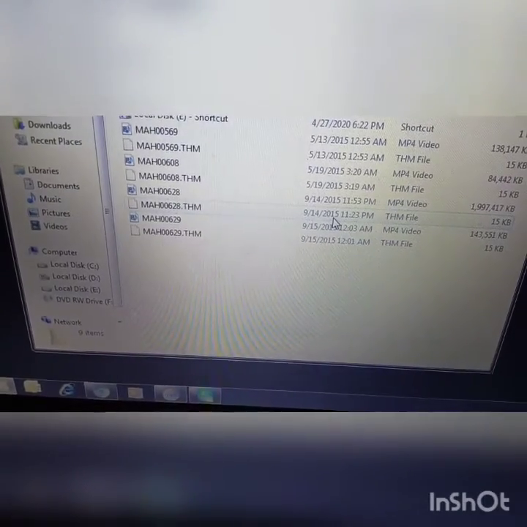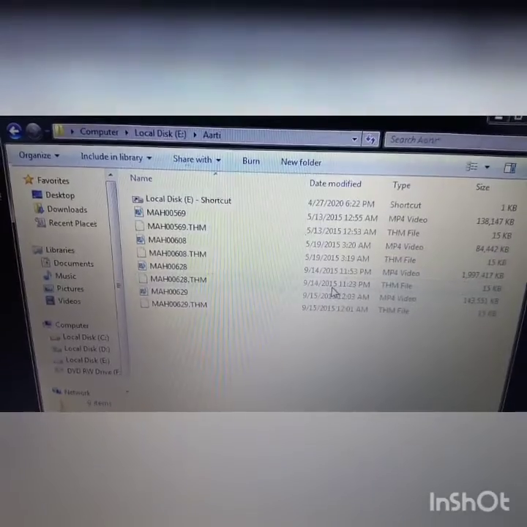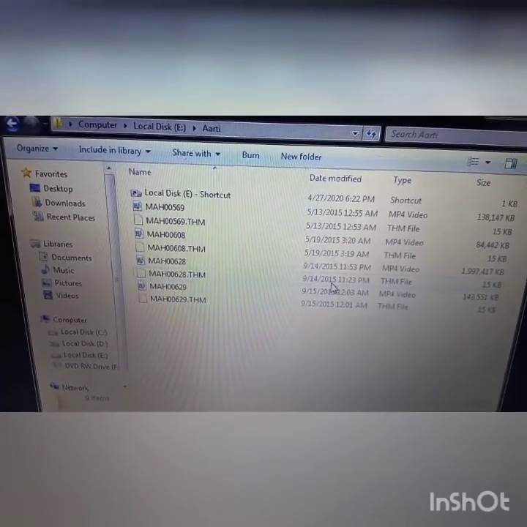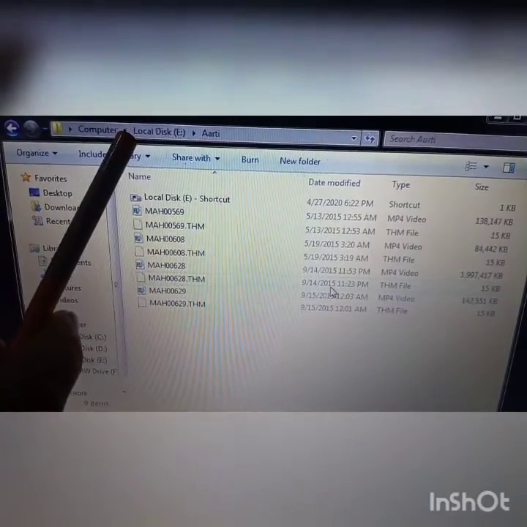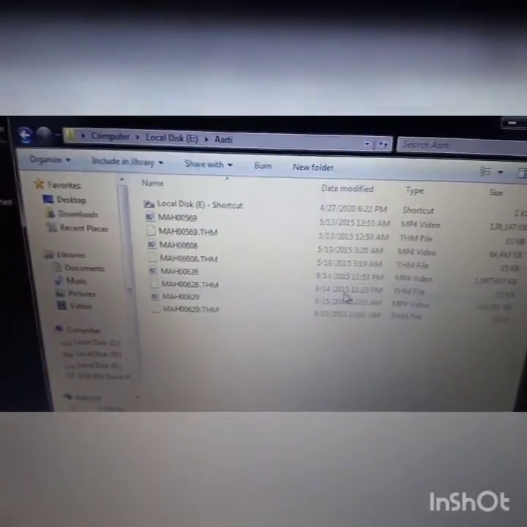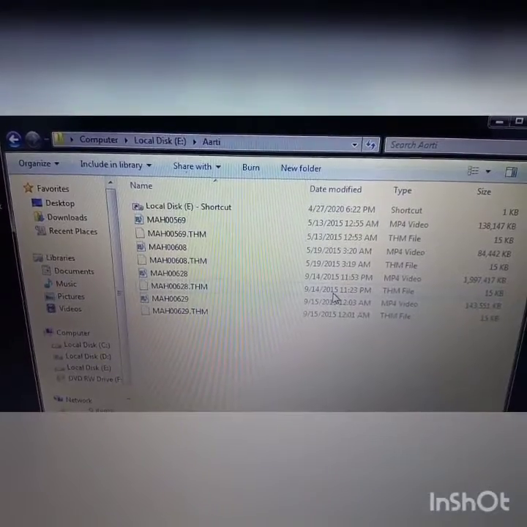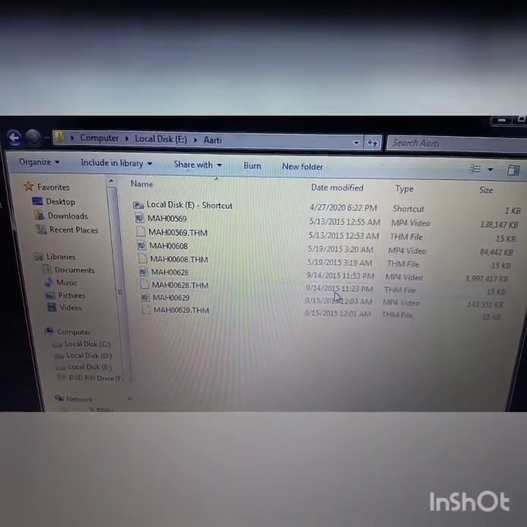Now I will explain what is the address bar. The address bar is at the top of every folder. You can see it is on the top of this folder, so it is always on the top of the folder. It is used to navigate to a different folder without closing the current folder window.